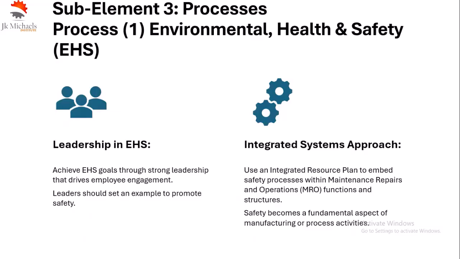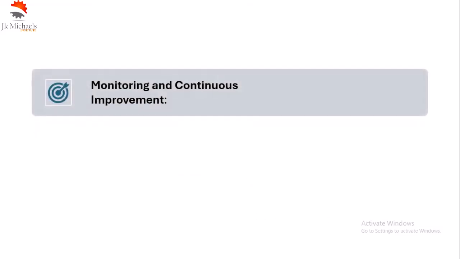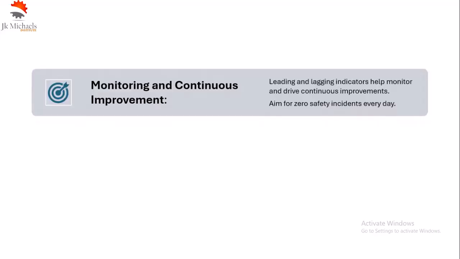Things like policies and procedures will specify and outline how we should manage maintenance, repairs, and operations so that we are safe. Right. So every tool in the toolbox that can improve safety in the workplace and the manufacturing environment should be put to use and properly integrated towards this goal. You want to monitor and continuously ensure that there's continuous improvement.